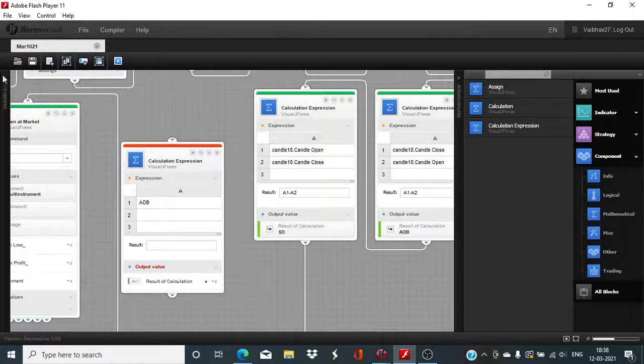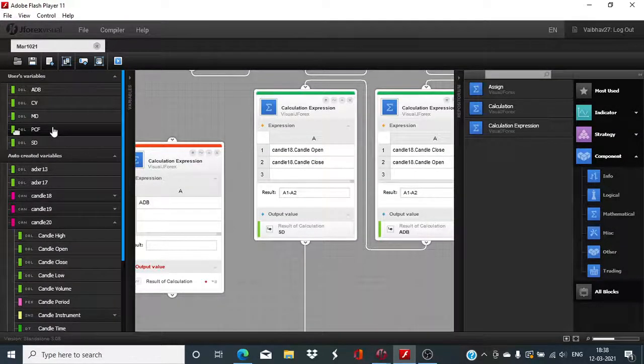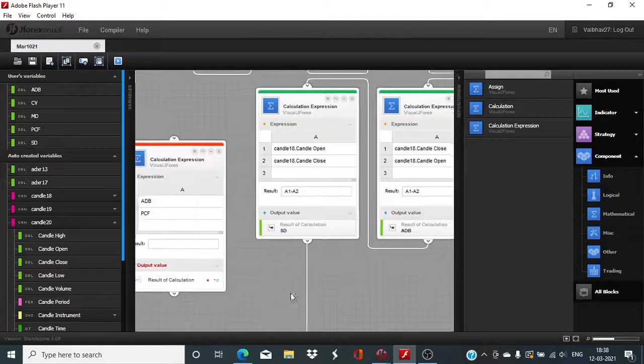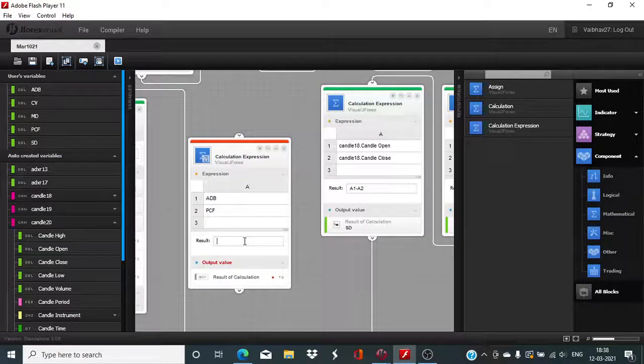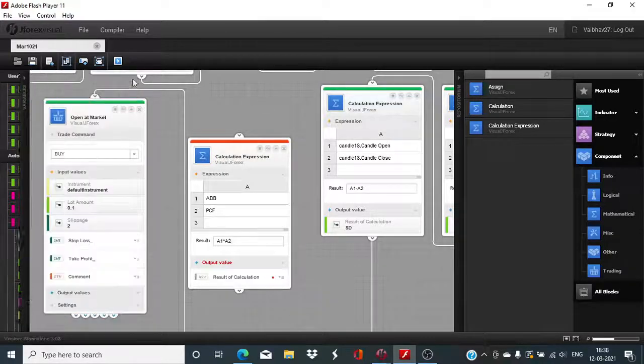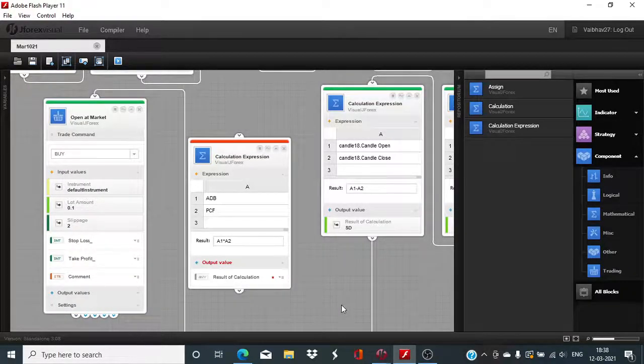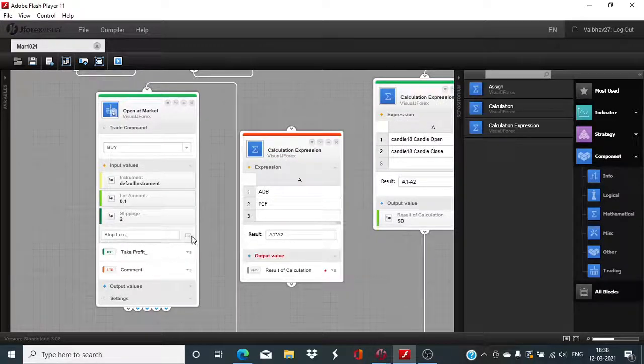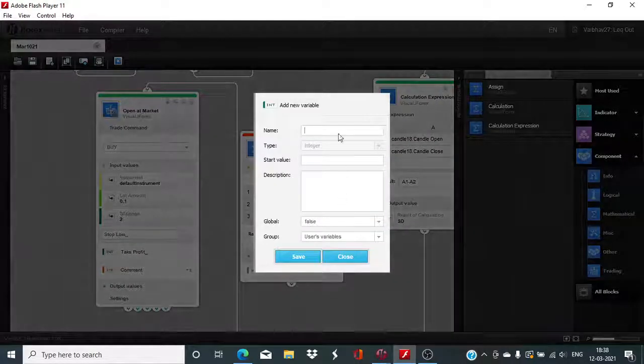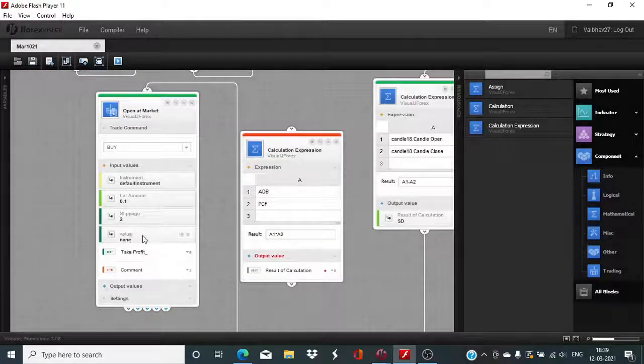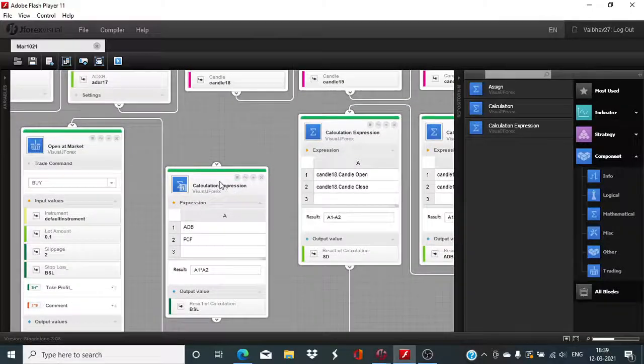Okay, this will be A1 into A2, and this is going to be buy side stop loss. I will create a variable here, stop loss. Okay, all right,